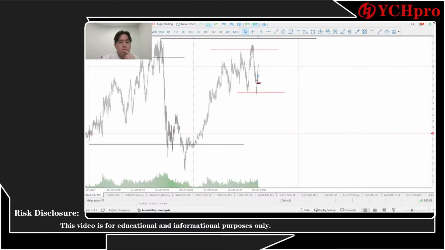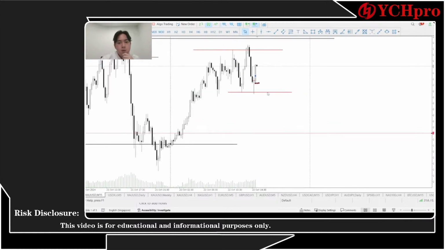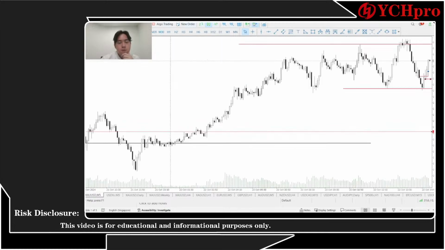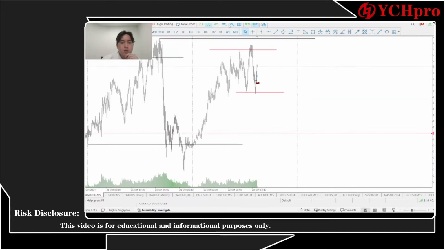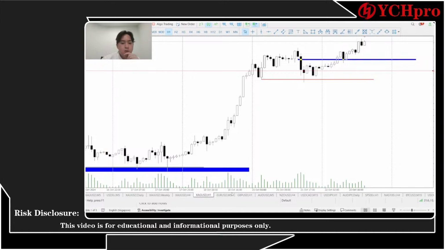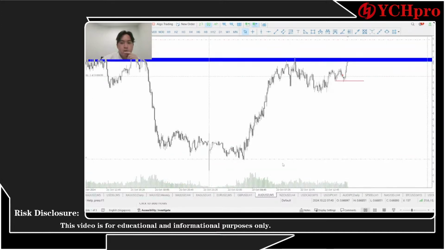Displacement, and also a rebalancing phase. Rebalancing, but not so sure about it. On the 5 minutes, it seems like the market is manipulating on the low end, preparing to go high. So let's see how it happens. The market is still waiting for it. EURUSD. It seems like AUDUSD is not a really good one.